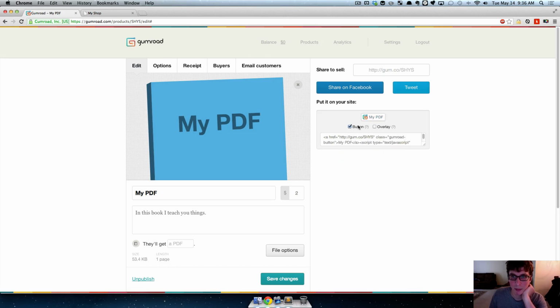If you check button, it'll give you this script tag right here, which, if you know anything about HTML, you can put in your HTML file, usually at the bottom with your other external JavaScript calls, and then it gives you the link up here. So I'm assuming that this script, gumroadbutton.js, creates this pretty Gumroad branded button for you with the title of your item, which is probably pretty nice in a lot of